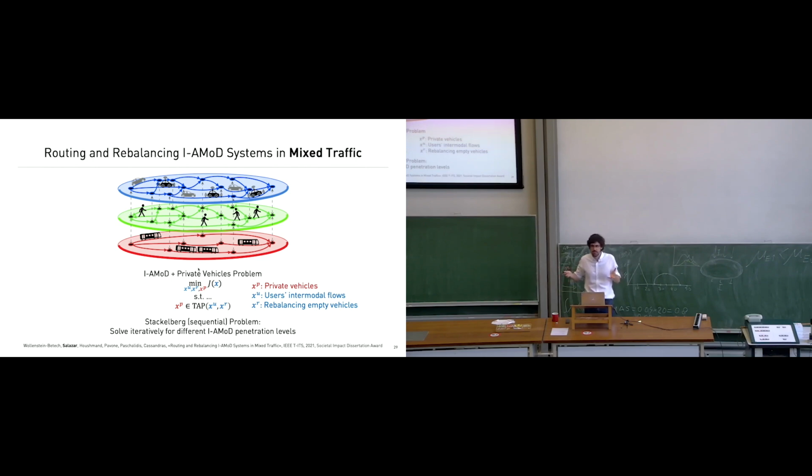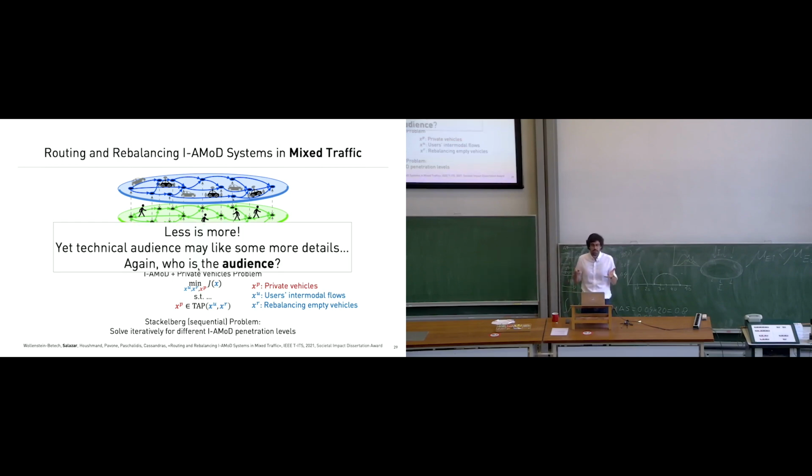This is simpler, right? Less information. It was not an avalanche of formulas. I give you an idea: I have my fleet, I'm optimizing my decisions. I know that there are private vehicles that are also there, and we cannot control them. And there are interactions, so I have to get some kind of equilibrium. Less is more, but again, who's the audience? Because if you're at a technical conference presenting precisely this, you may want to have the slides.